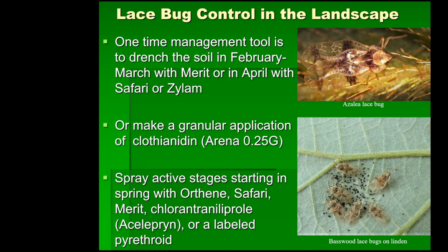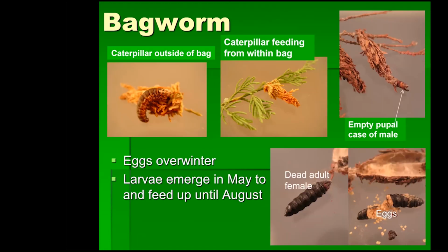As far as bagworms coming out, they overwinter as eggs inside the carcass of the dead adult female. She doesn't look like an adult moth. She never leaves the bag. The male moth actually comes to her to mate, and then she lays eggs inside her body, and then she dies. You can literally crack her open. If you cut one of those bags open, you can see that some have females in them with eggs, and some are empty because the male left, and you can see the empty pupal case at the tip of the bag. But these will start to emerge, and so by early June, you want to have these